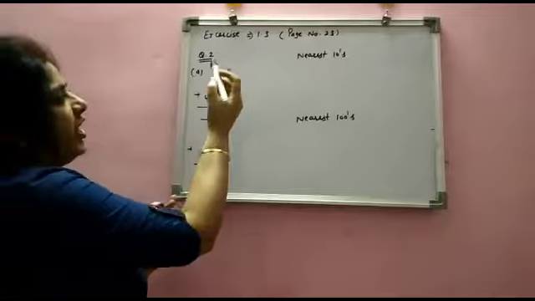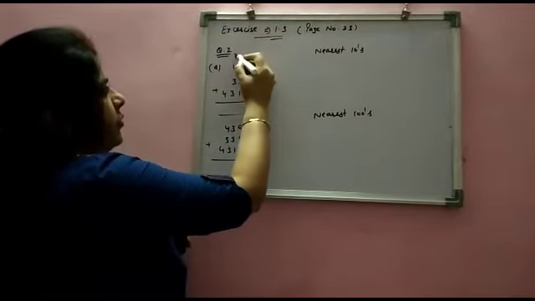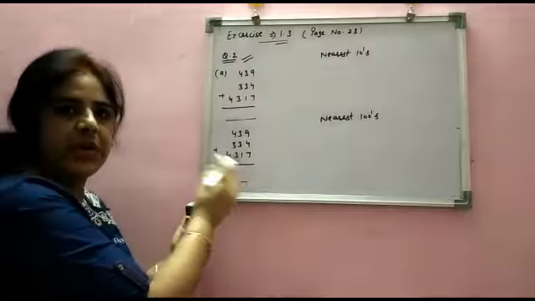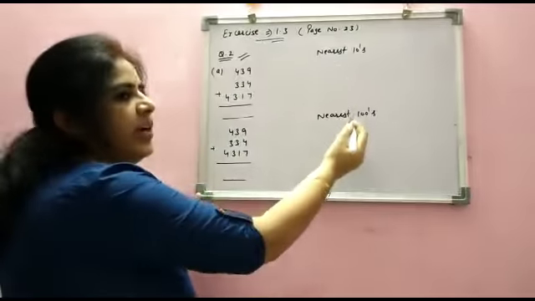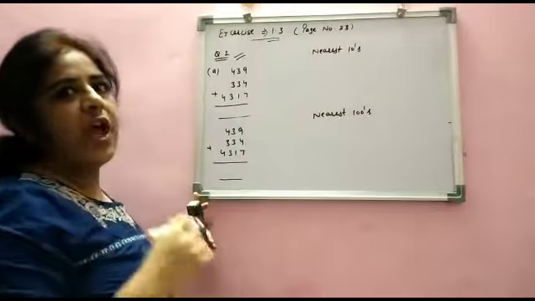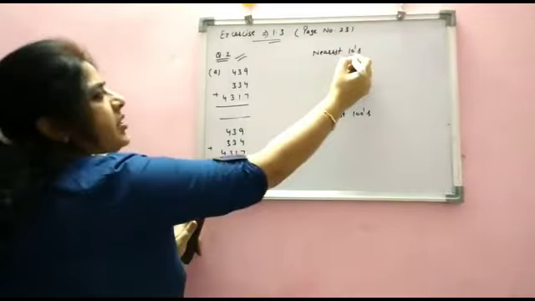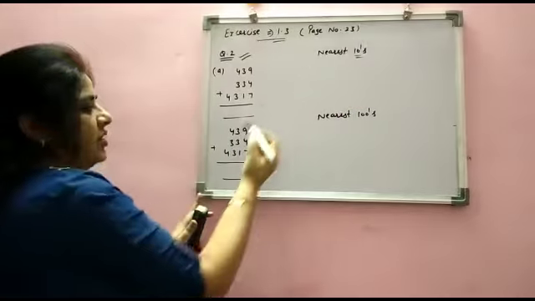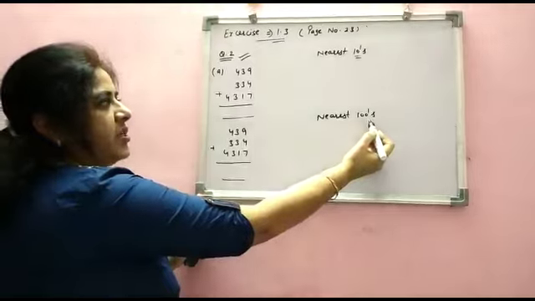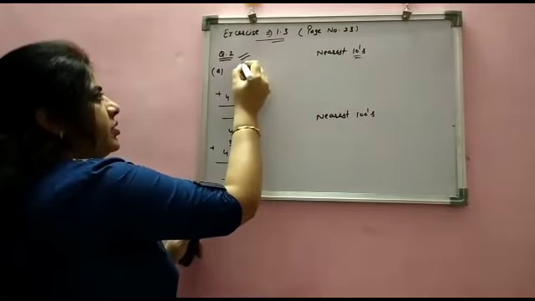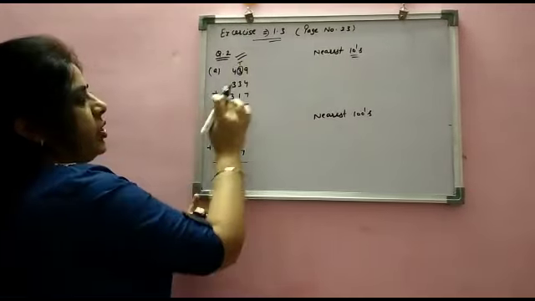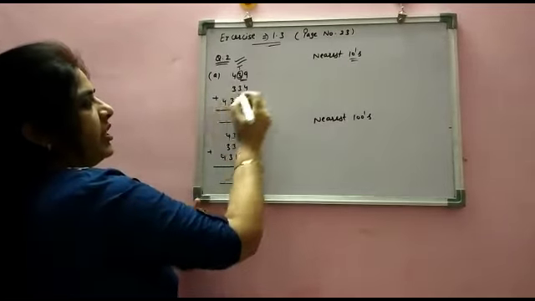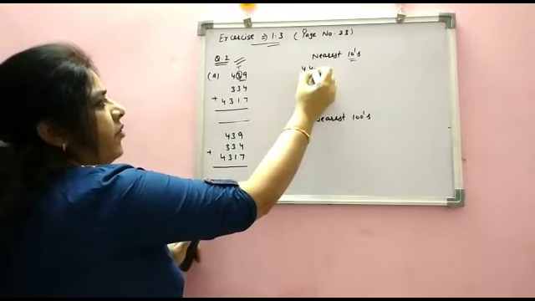Now students, we are here with exercise 1.3 question number 2. In this question, we have to add and subtract the numbers by estimating to the nearest tens and nearest 100. As we have already discussed, now nearest tens. In this form, you take a statement, do the nearest tens, and the same statement with the nearest 100. Now it's nearest tens. The tens place digit is here 3. So it's 39. It will remain the same. So when we are estimating to the nearest tens, it would be 440.